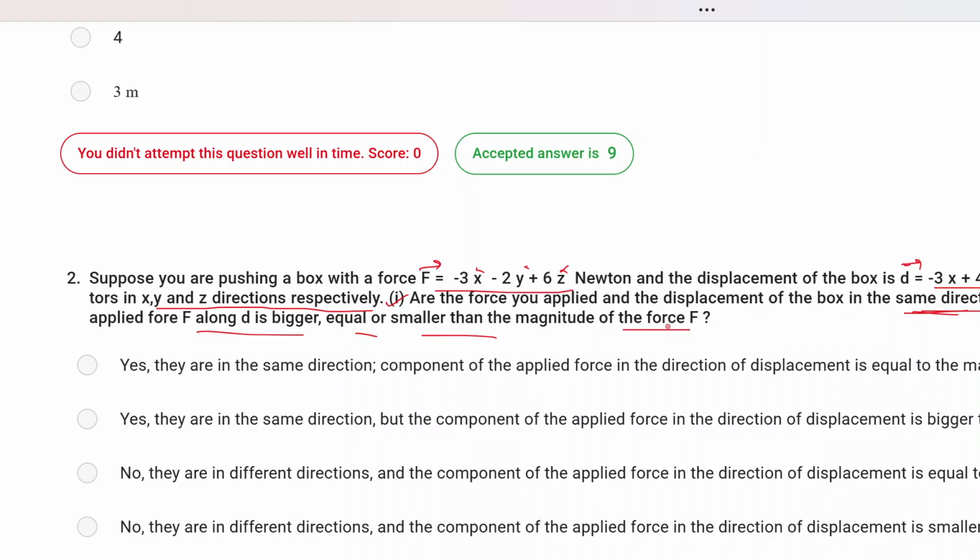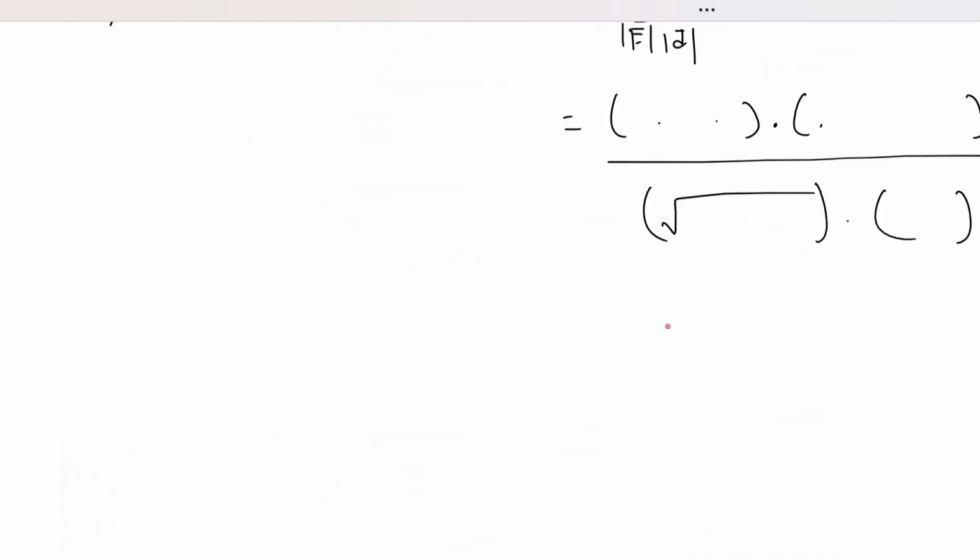Let us take question number 1 first. As I told you, a vector comprises two things. One is the value and the other is the direction. These are the two main components to define a vector. Now, how do you get the direction of a vector when the expression of the vector is given to you? That is one important question. And once you know how to find the direction mathematically, then you can answer question number 1, whether force and displacement are of the same direction or not. So let us do that first.